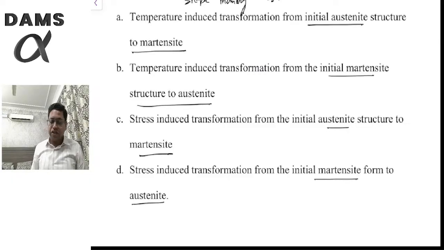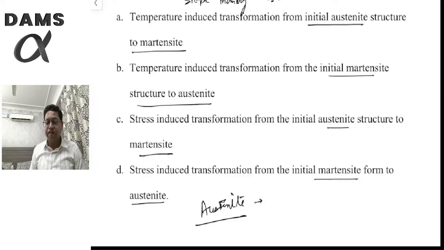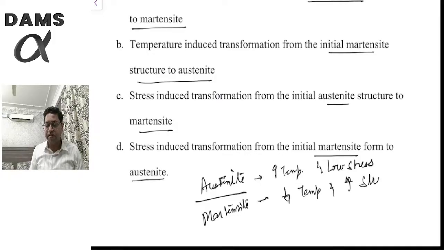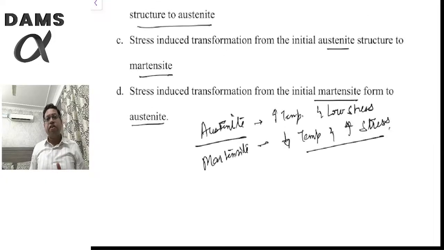Okay. We all know that the austenite form is a form of nickel titanium that is present at high temperature and low stress. And martensite is the form of nickel titanium that exists at low temperature and high stress. So whenever the temperature and the stress change on the nickel titanium instrument, it would transform from austenite